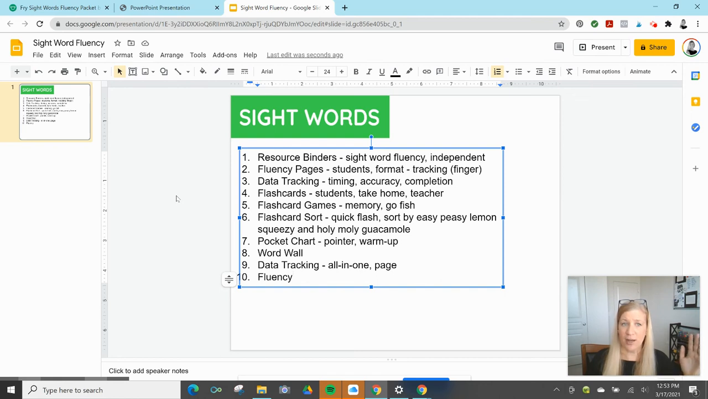Put them in sheet protectors. I've made centers where I take the pages, print them on colored paper, and then laminate them, put them in a bin with one of those egg timers or sand timers, and that becomes a fluency center. Maybe I'll put some fun little finger trackers in that one if they can handle it. So there are the 10 different ways that you can use some of the resources that are included in this